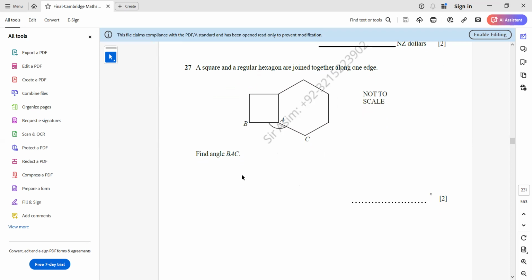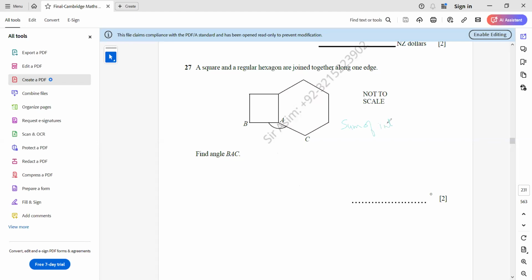Regular hexagon. Here we know that each angle of a square is 90 degrees. So for a hexagon, which is regular, it means all of its sides and its angles are equal. So, formula,